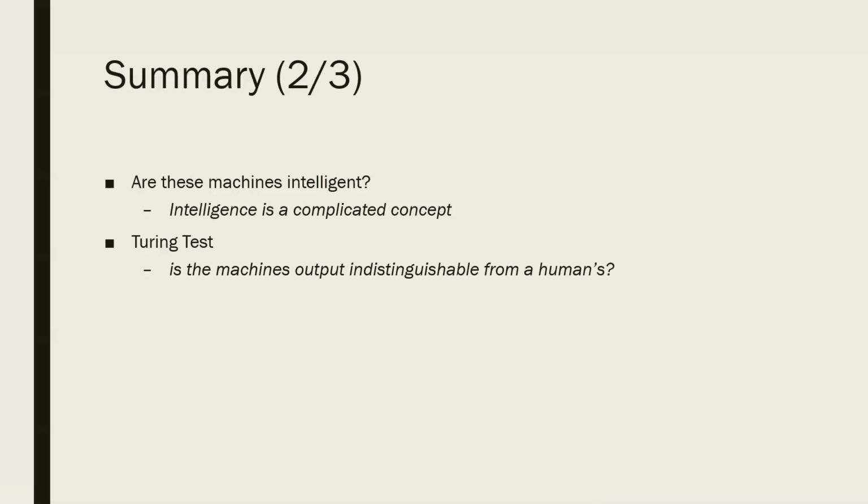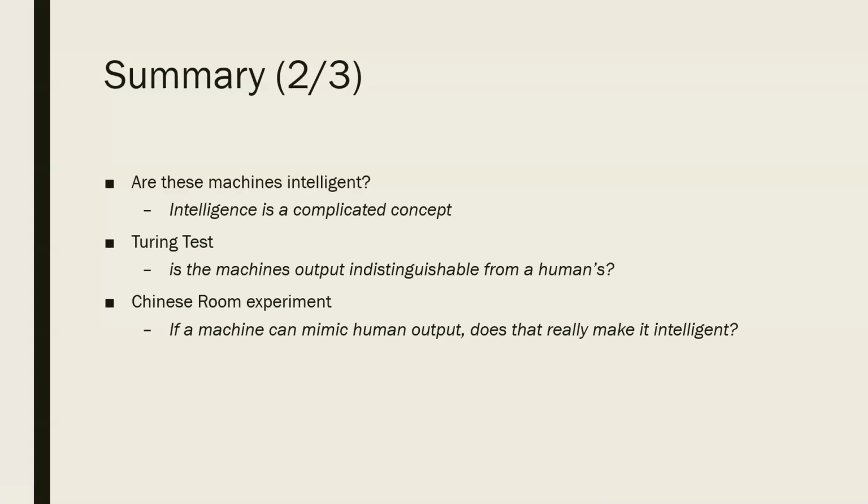The first of which is the Turing test, which aims to use a human judge to determine if a machine is distinguishable from a human or not. And if it is the case that a machine and a human are indistinguishable, then we say that the machine is intelligent. We also talked about the Chinese room experiment, which asks the question, if a machine can mimic